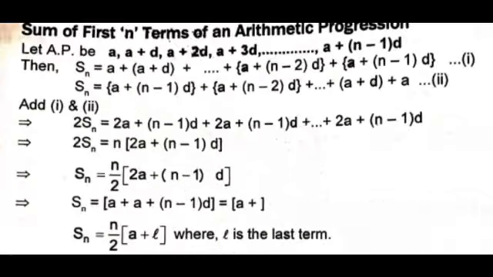the sum of the first n terms of an arithmetic progression. So here I will derive the formula for the sum of n terms of an arithmetic progression. It is very important, so please focus here. Let the arithmetic progression be A, A plus D, that is the general form of an arithmetic progression. It is A, A plus D, A plus 2D, A plus 3D, and so on. The nth term is A plus n minus 1 into D.